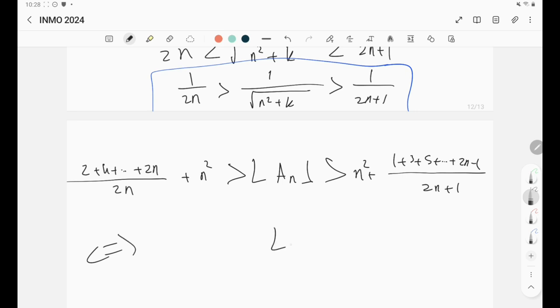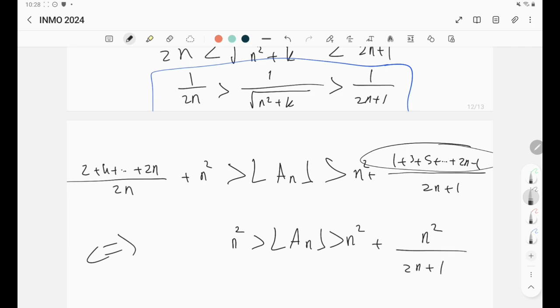Okay, now we can calculate these. n squared. What exactly is this? Of course, this thing is well known. You just have here the sum of consecutive odd numbers. You can just do it: the sum of the first number plus the last number, 2n, divided by 2, it's n, times the number of numbers, so it's just n squared divided by 2n plus 1. And this thing here is just going to be